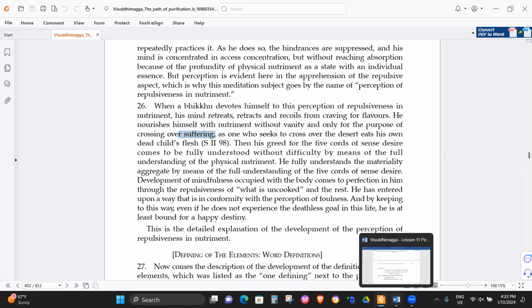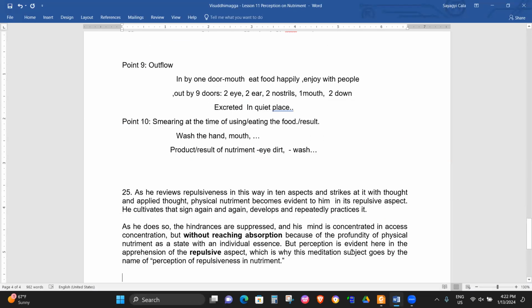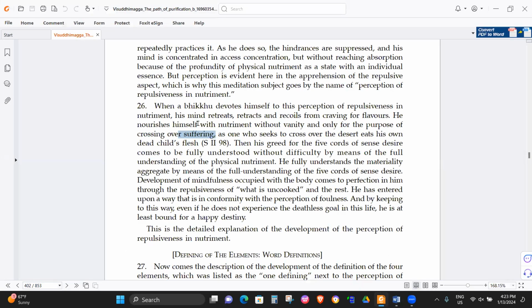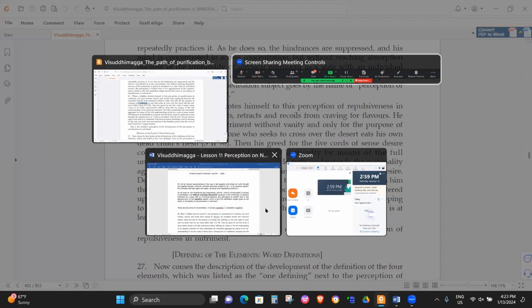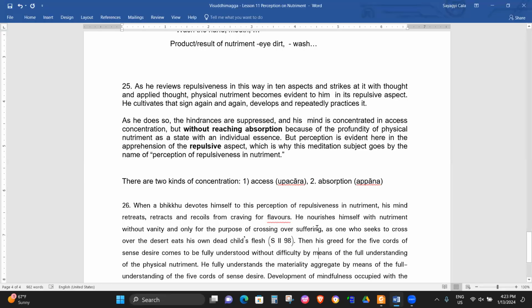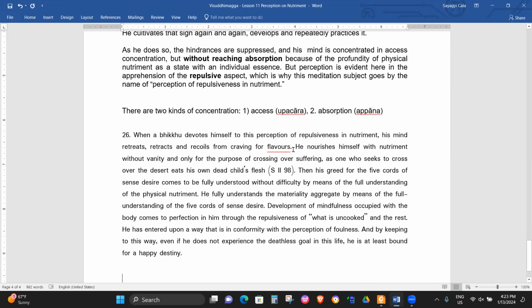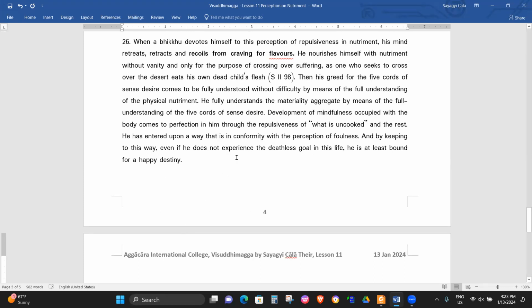Okay, so this paragraph is very interesting. It's talking about, this is number 26. Okay, I already copied it here. So the first one here, normally if you have food, what is this one? Normally if you have nutriment of food, you will develop what we call rasa tanha, craving for